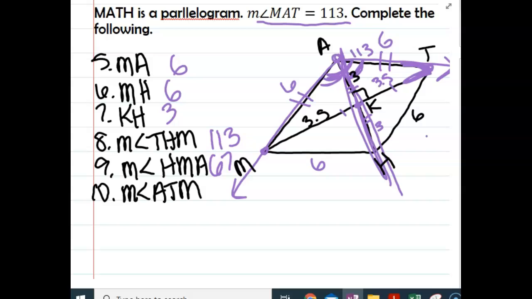Now remember what I talked about, that if this point is equidistant, which it is, from points on the rays, this is an angle bisector. So if I know this whole thing is 67, what's just half of it? You would just take that divided by 2. You have 33.5. Lots of prior information there. The one in your homework is going to be super